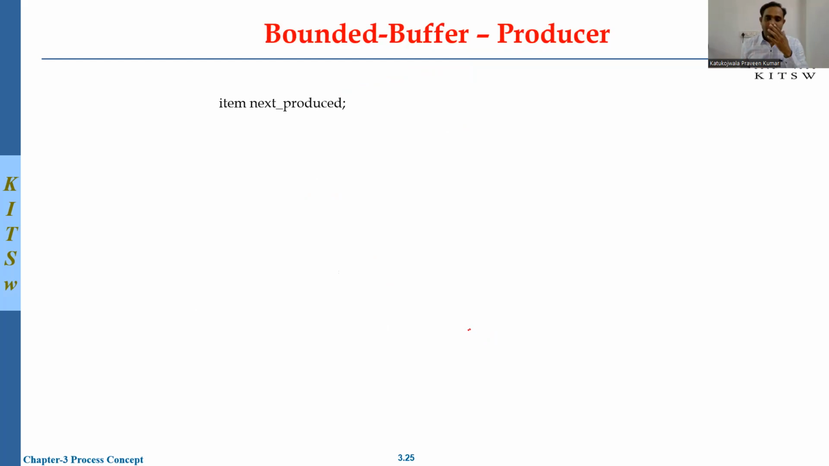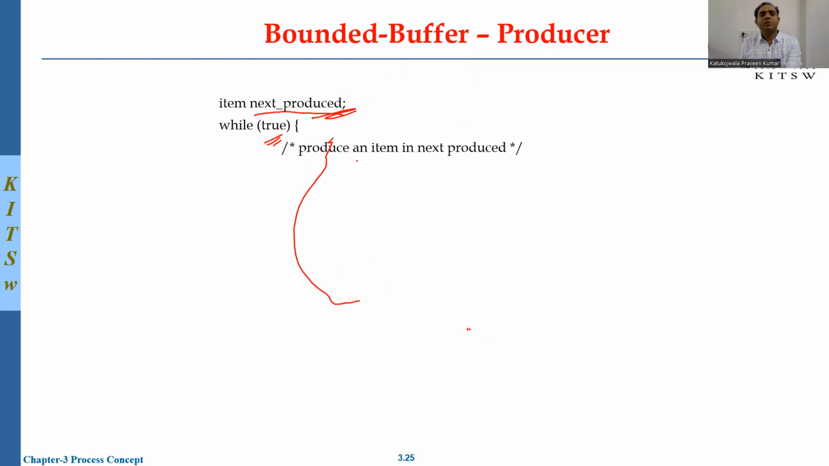So here we have to consider the producer side and the consumer side. Both sides we have to take care of. The producer will produce and the consumer will consume, right? So what will happen at the producer side? The producer is going to produce next to produce item, one variable, while true. It is producing an